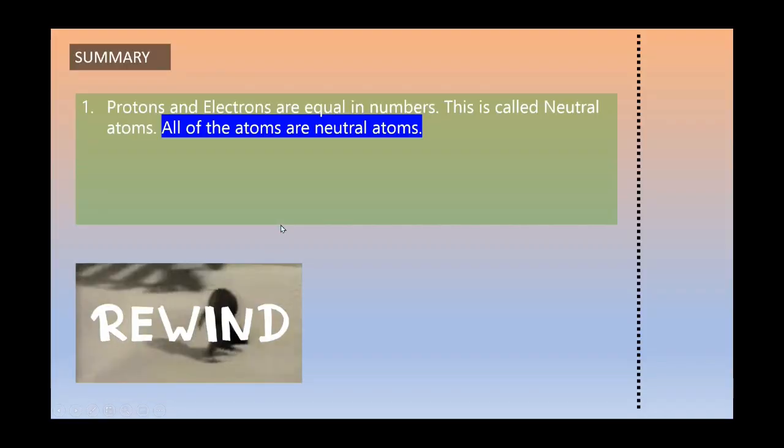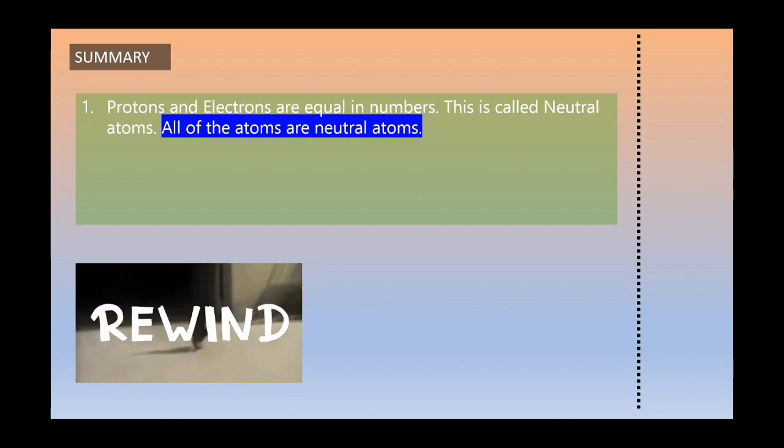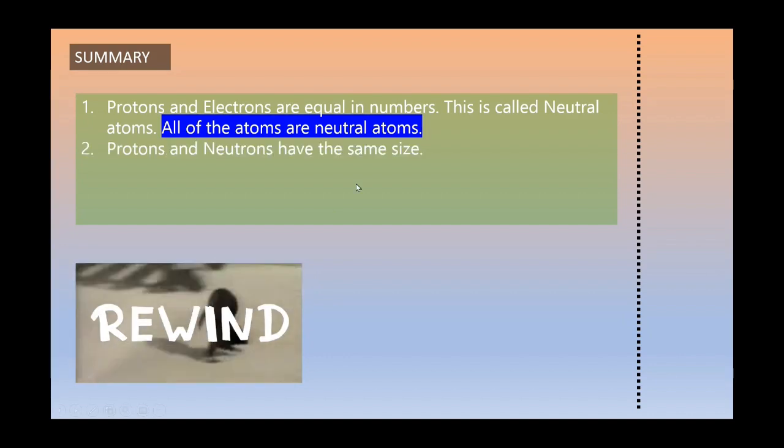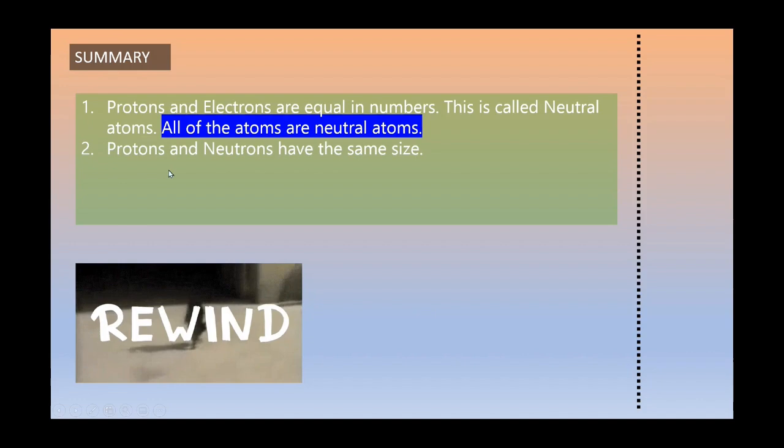With this experiment, now we know that protons and electrons are equal in numbers, which is called a neutral atom. And remember, all atoms are neutral atoms. In all of the periodic table, everything here are neutral atoms. And then, in the experiment also,